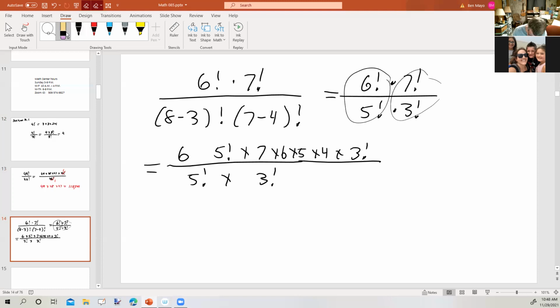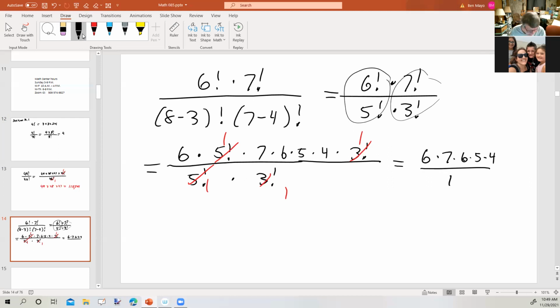I suppose I could go back and use dots instead. Just don't confuse it with thinking it's a variable, because it's not an X variable, but we'll just do it this way. Okay, so now the 5 factorials reduce out and the 3 factorials reduce out. So on top, I've got 6 times 7 times 6 times 5 times 4 all over 1 in the new denominator. So let's see, 6 times 7 times 6 times 5 times 4 is